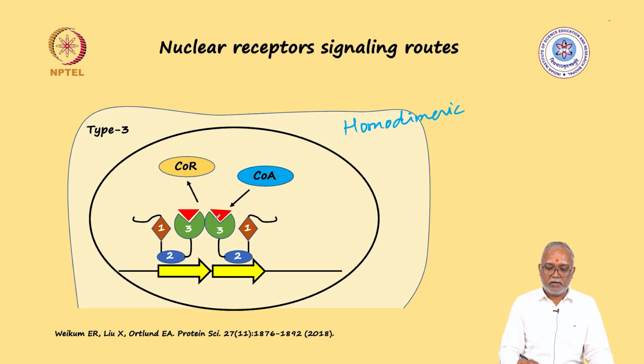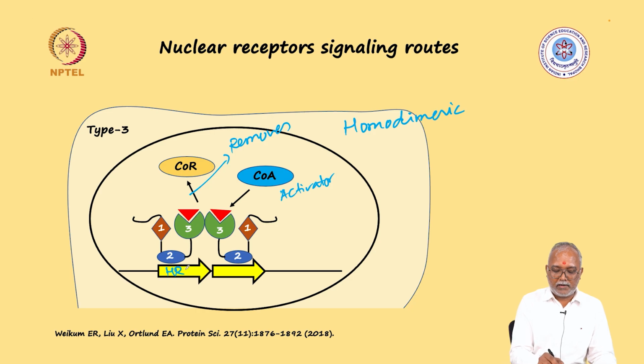Binding of ligand removes the co-repressor, places the co-activator, and the tandem repeat or direct repeat of HRE, where the homodimeric receptor is binding,